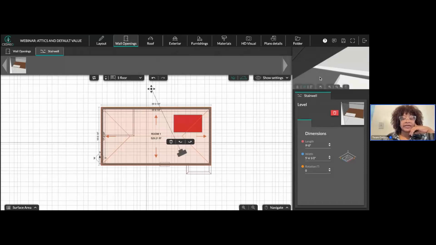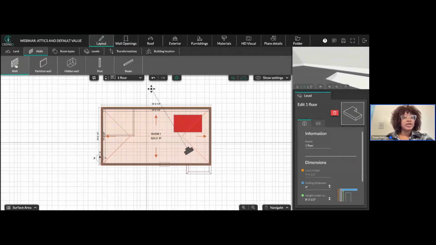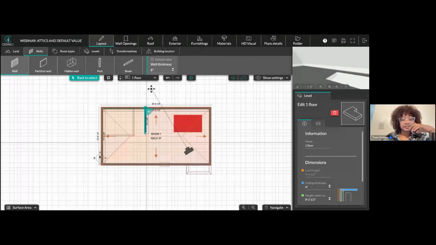So you have this attic area, but you want to close out or create a room in that attic area. Go to layout, and I want you to notice how the first time I used regular walls or partition walls. I'm going to show you that it does the exact same thing using regular walls. If I click on this, and let's say I wanted to create a